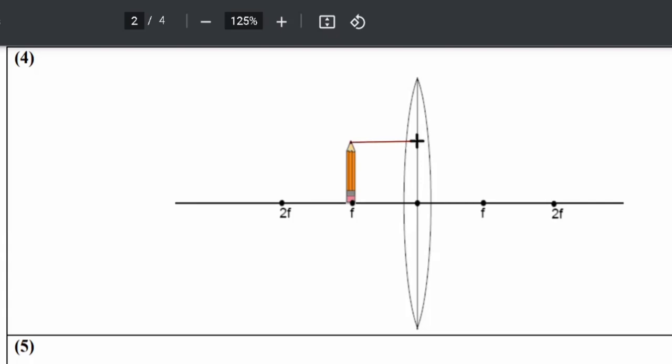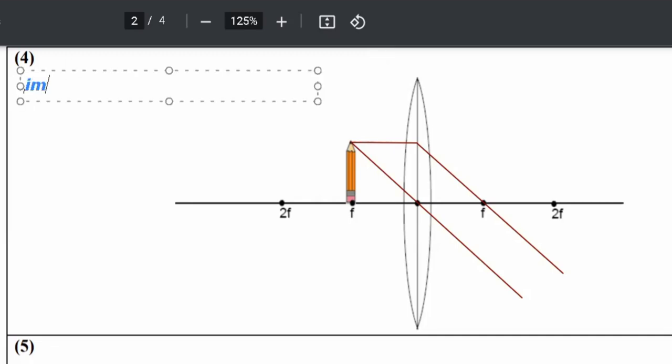Another example, the object is at f. The light rays are to be drawn in the same manner. One will pass through the focal point that is denoted by a capital F. Here a small f is used because that is actually representing the focal length. And another light ray will pass through the optical center. And if you notice, when your object is at f, the two light rays are parallel, which means that they will never intersect. Due to that, we will have a highly magnified image.